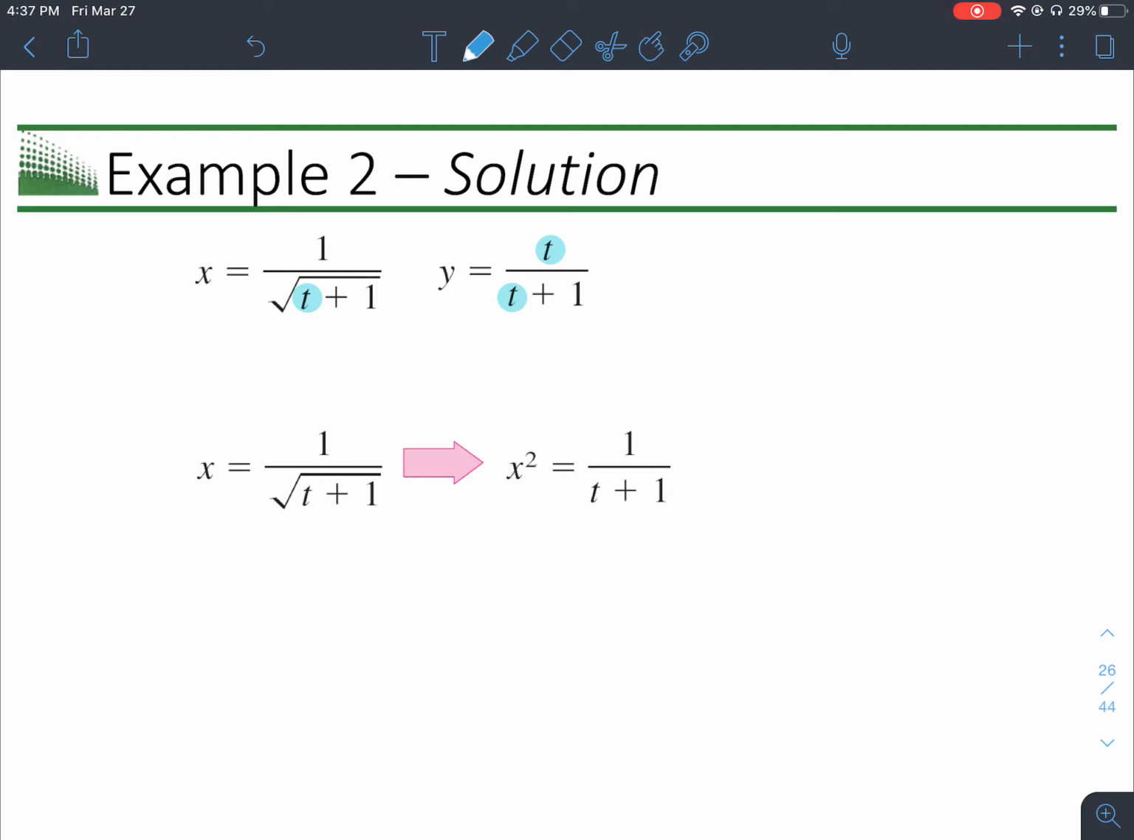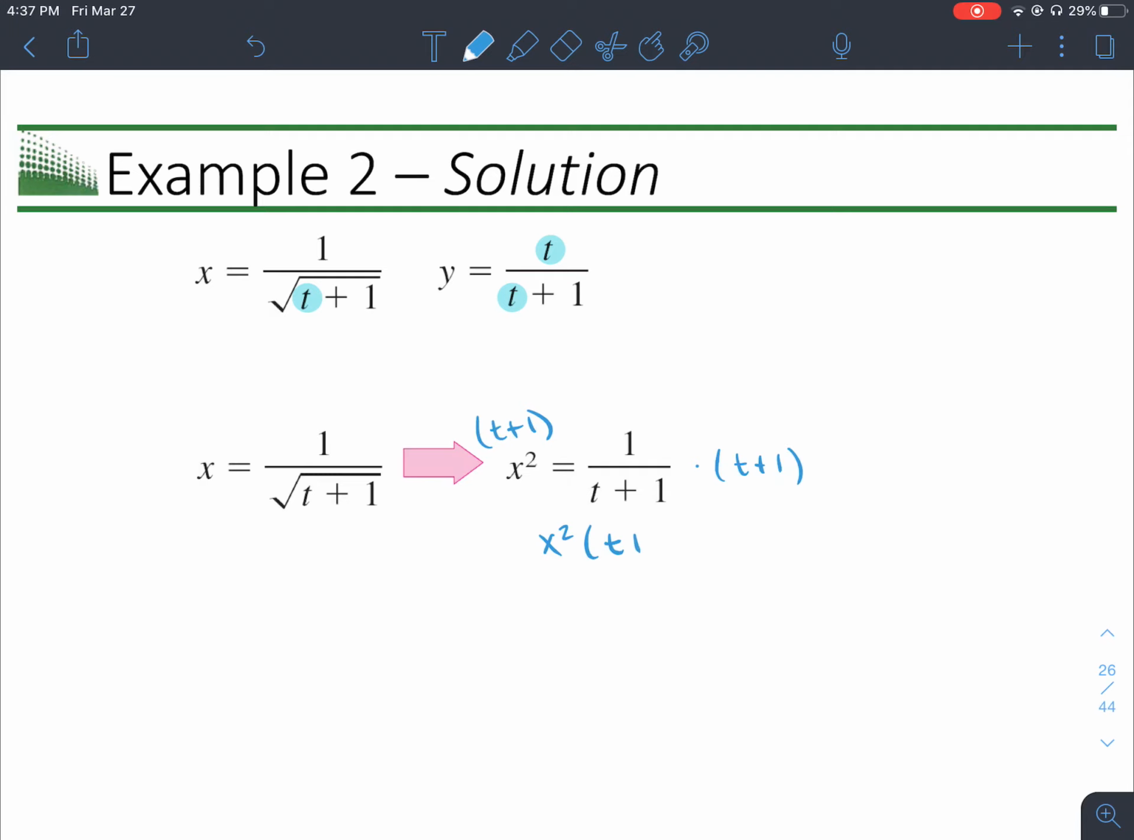So we're going to take that first one, that x equals 1 over the square root of t plus 1. And I want to solve that for t. So I'm going to start by just squaring both sides. We're going to undo that square root, get rid of that square root. So x squared has to equal 1 over t plus 1. And then by doing some algebra, by multiplying both sides by t plus 1,